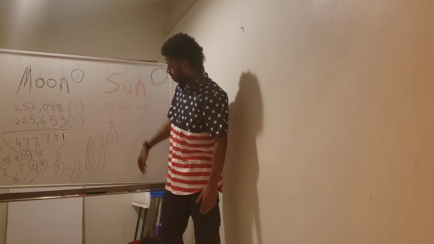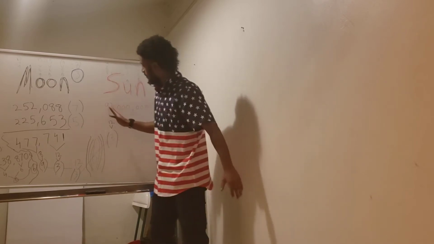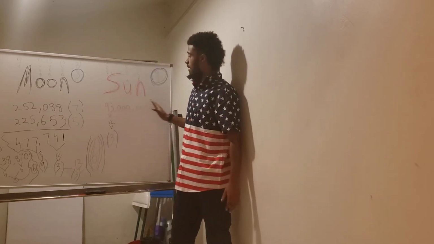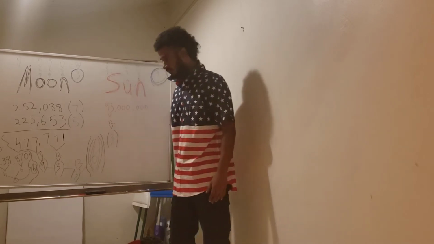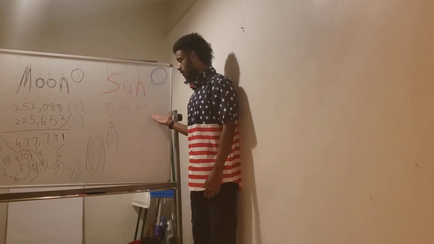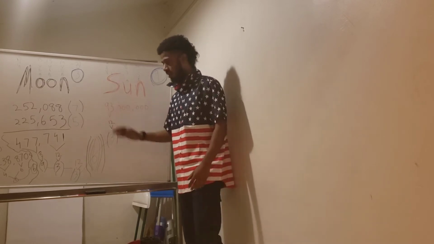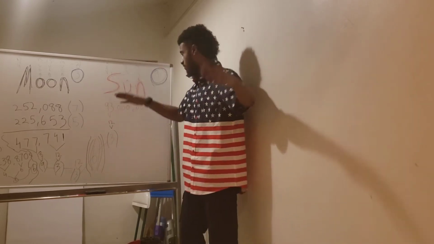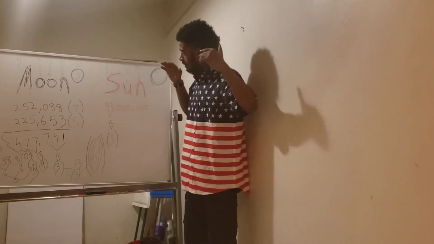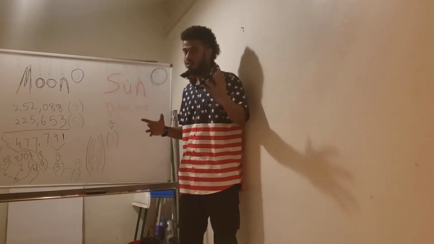It equals a 6. And the sun being 93 million miles away, with 6 zeros powered behind it. Whenever you put zeros next to a number, it amplifies the meaning of that number. So the sun 9 and 3, they're telling you, again, this video is going to make way more sense